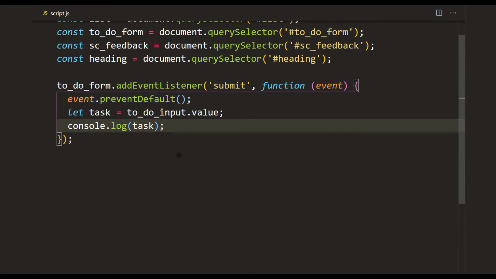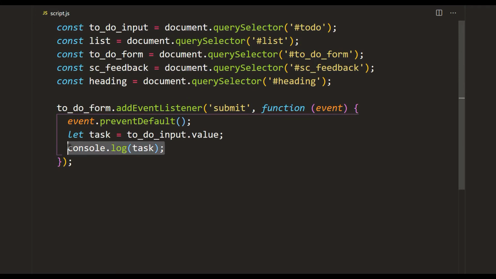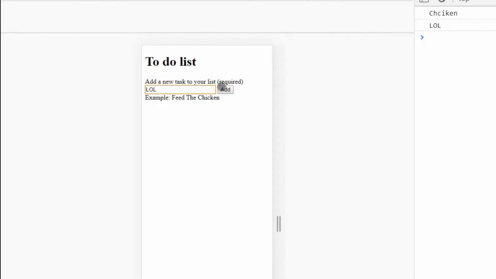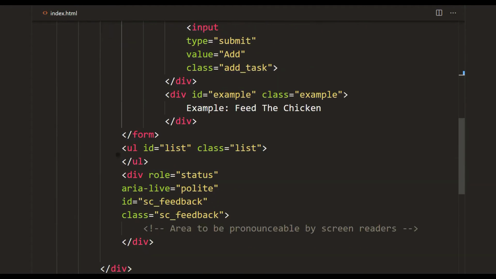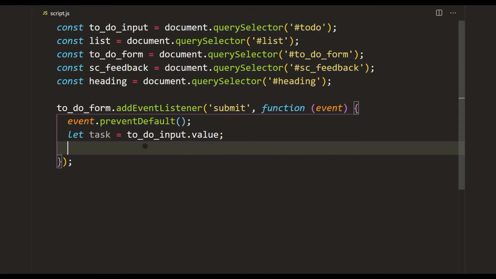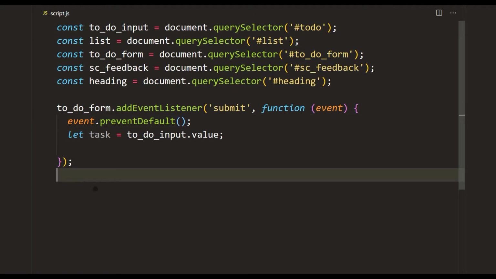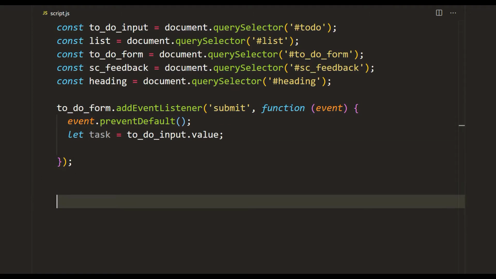We don't want to output stuff in the console forever, because that would make it the most boring program ever. So we want to add some functions in the body to output. Whenever a person enters a task and we click add, we want the task to be output in our list element, which is over here. We want to populate this list element with some text, and to do that we have to add a function down here. Our first function is going to be addTaskToDOM.